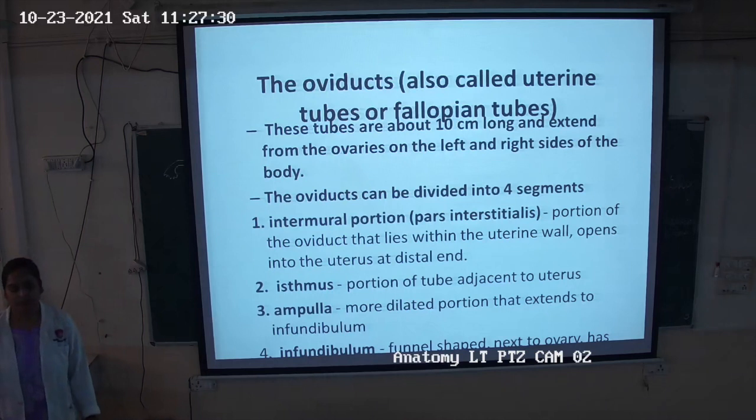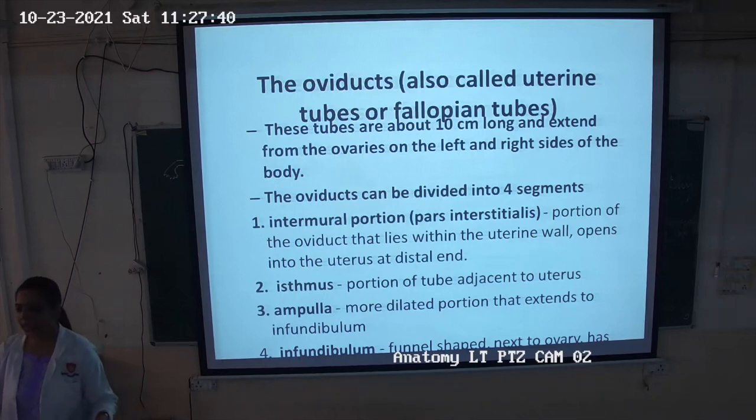vary. ठीक है, proliferative phase जो होता है menstrual cycle का, उसके अंदर columnar ciliated cells will be more. During pregnancy or the secretory phase of the menstrual cycle, peg cells, secretory cells, will be more. Protection environment जो है, it should be friendly, so peg cells will be more in number. Okay, so in the epithelium of the fallopian tube there are two types of cells: ciliated cells and the peg cells.